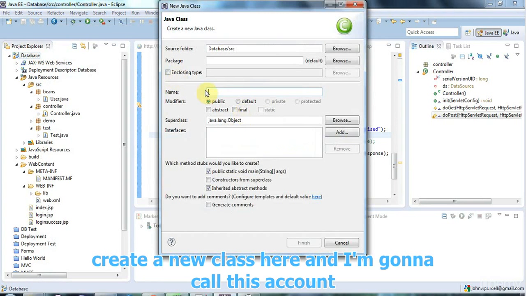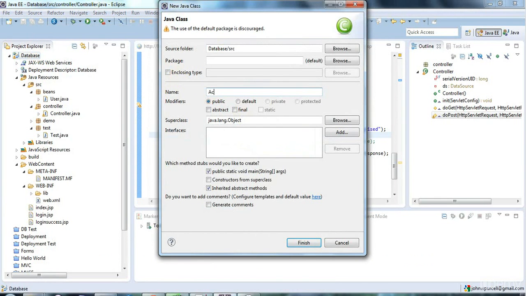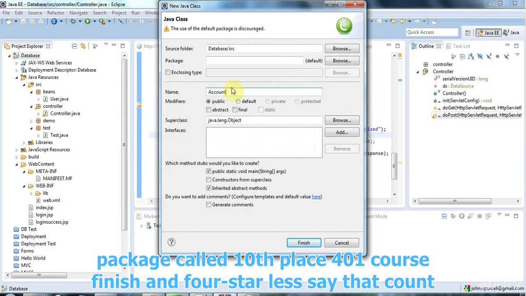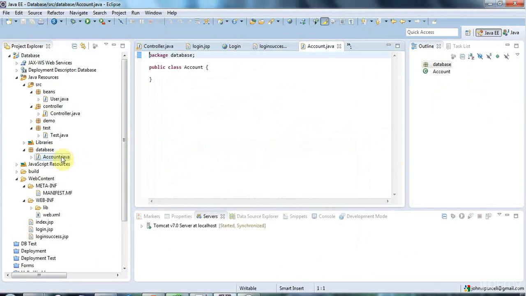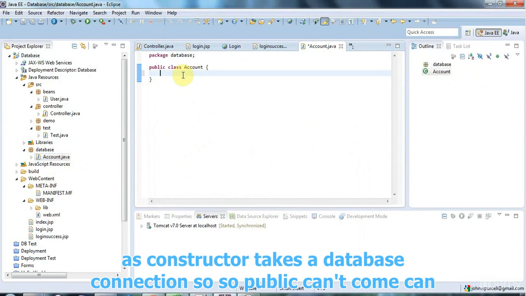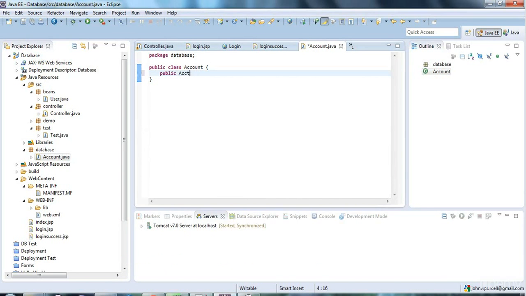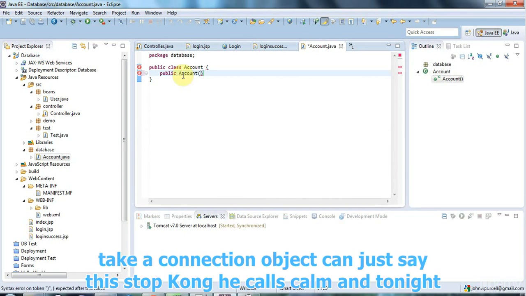And I'm going to call this, let's call it account. That'll do, and I'll put that in a package called database, and I don't want a main, of course, and I'll click finish. And for a start, let's say that account has a constructor that takes a database connection. So I'll say public account, and that can take a connection object con,